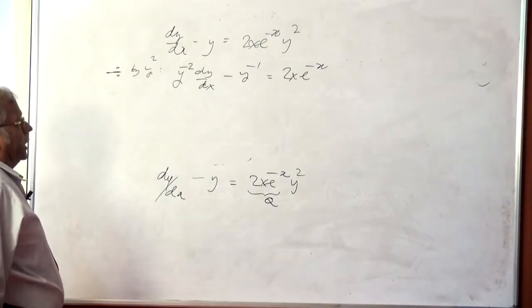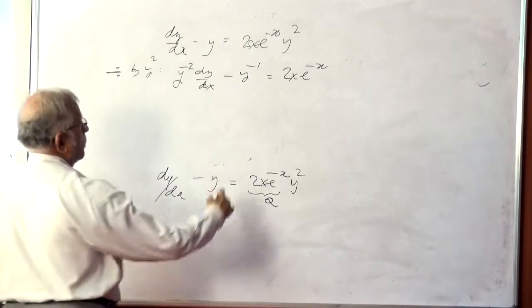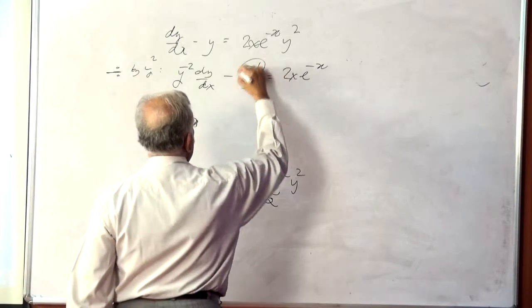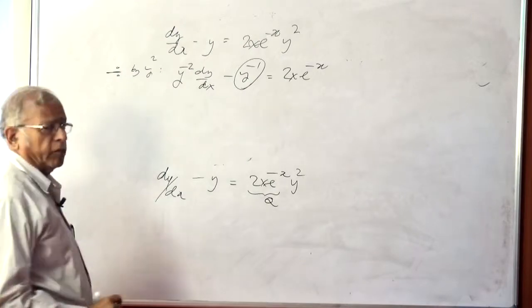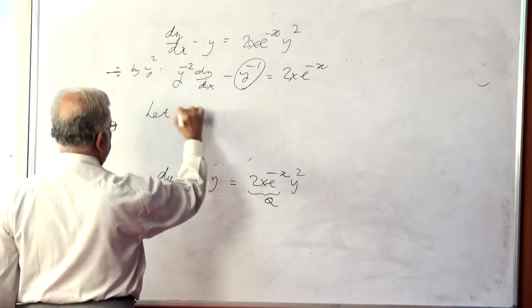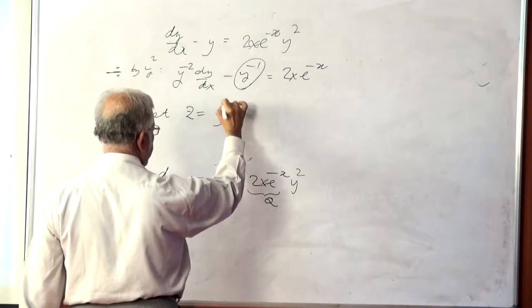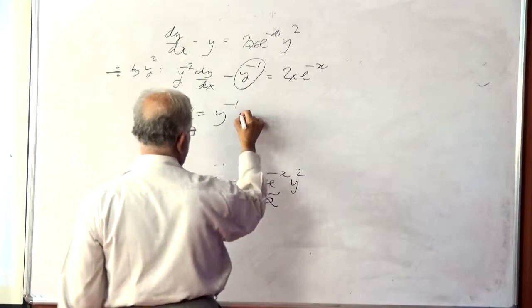That is dividing the entire equation by y to the power of 2, y square. Now, we will substitute z for y to the power of minus 1. So, if we do that, we write let z is y to the power of minus 1, which implies